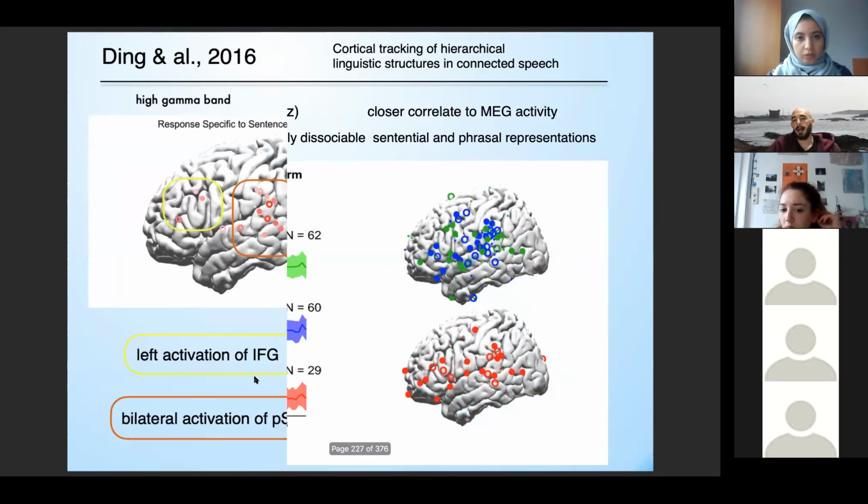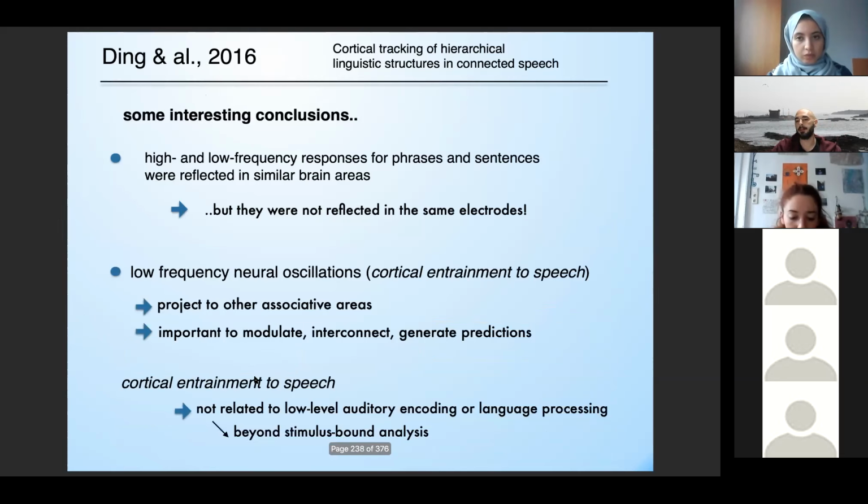Okay. So I can tell you that there is a paper that is criticizing this work. What they did was to analyze the frequency and lexical features of the words of the stimuli they used. And they concluded that actually you could extract this frequency peak in the signal just by relying on the lexical dependencies between words, just based on the frequency. So for instance,